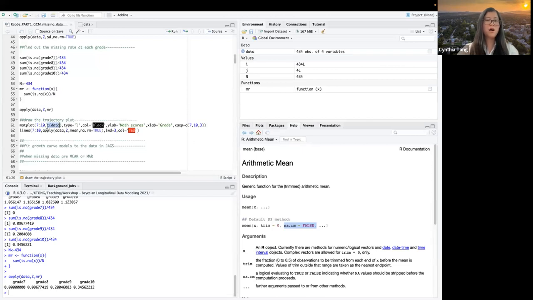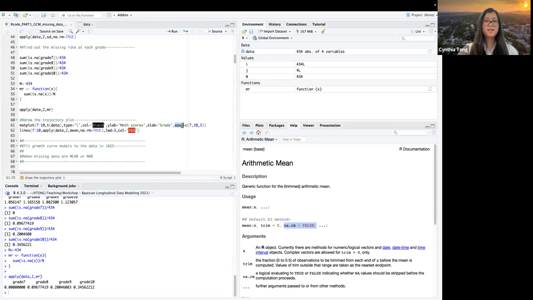Because currently it's 434 times 4, and now for the trajectory plot, we actually just want to transpose the data matrix. Okay. And the type is line, color is black. We set the label for the y-axis as the math scores, and the label for the x-axis is the grade.